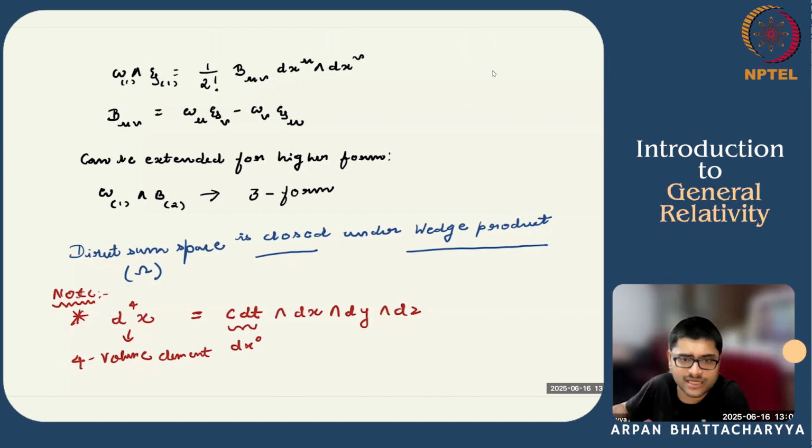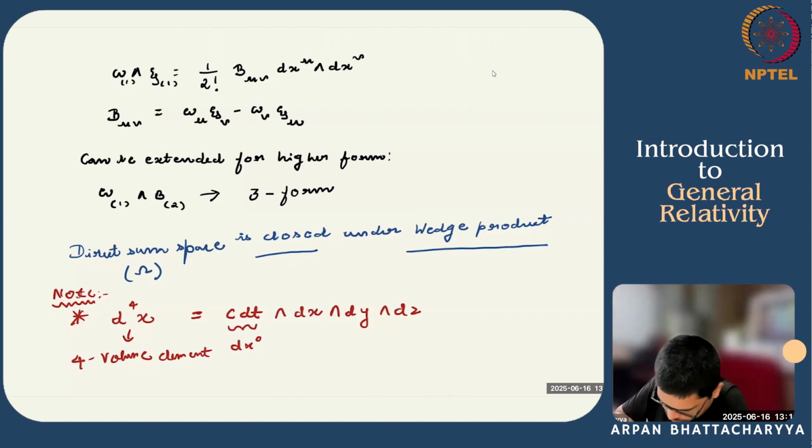You can repeat the same exercise by taking a one-form and doing a wedge product with a two-form. You will see it gives a three-form, which means the object will have three indices in its components, which will be completely antisymmetric in these three indices. And of course, in the previous lecture, we wrote down the basis elements for this three-form, which come from the wedge product of three coordinate differentials. Now you can easily see that this direct sum space Omega is closed under this wedge product, and hence forms an algebra.